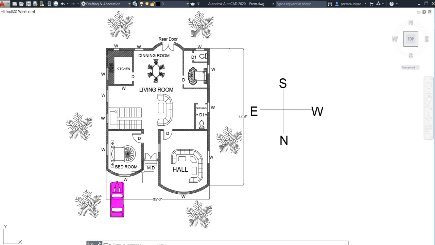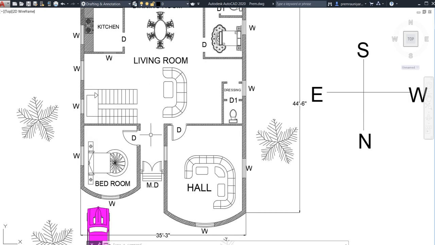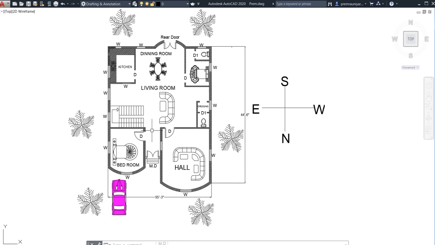If you need to know about your direction, you need to stand in your land, in your plot, and look towards this. If you stand in the middle and your eyes are in this direction, you can see your north direction. So the face of your home will be in the north direction, that you need to consider, and according to that you need to make a plan.